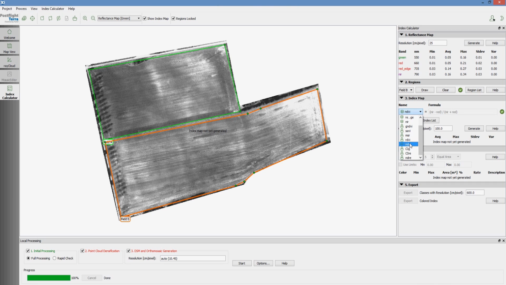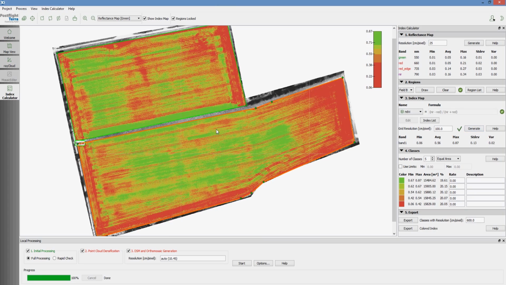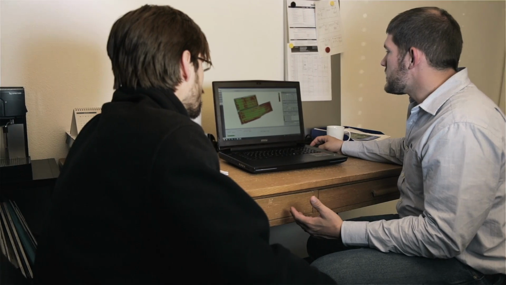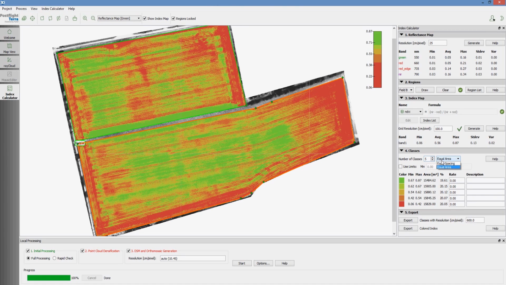For simplicity, we're just going to choose the NDVI and click generate. And like that, we have a nice map for each region. What you can see right now is we've got this broken down into 5 classes from red to green. Each one's broken out in equal area parts. On the 0 areas, we probably put about 0 fertilizer, since those areas were probably drowned out. But on these areas, perhaps 50, 40, 30, and 20 on the way up to our better ground, so that we conserve our fertilizer. So we hit export,